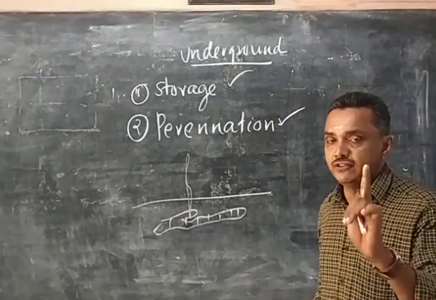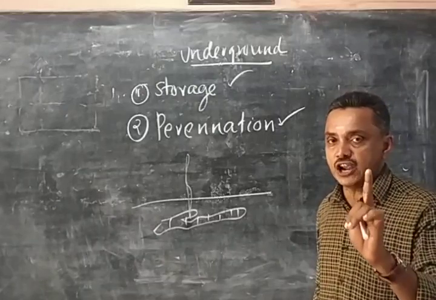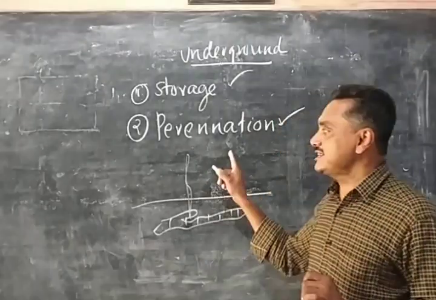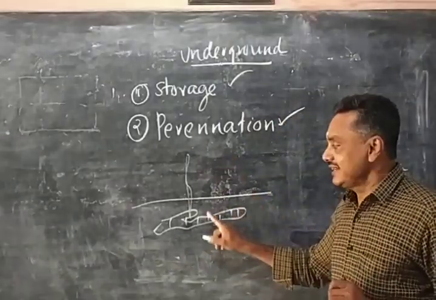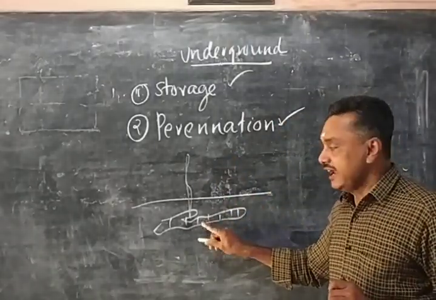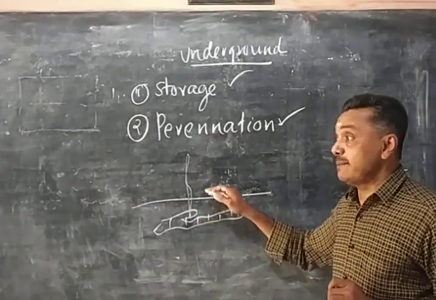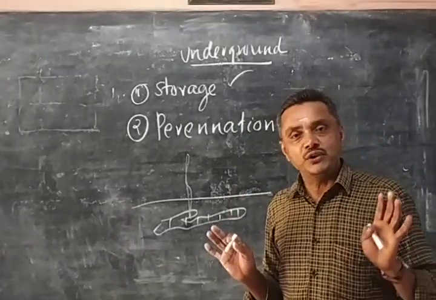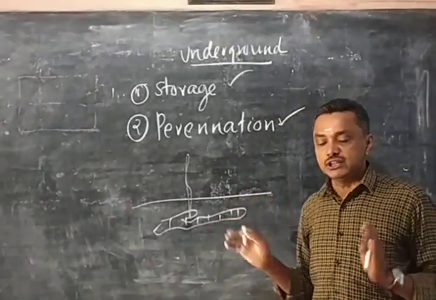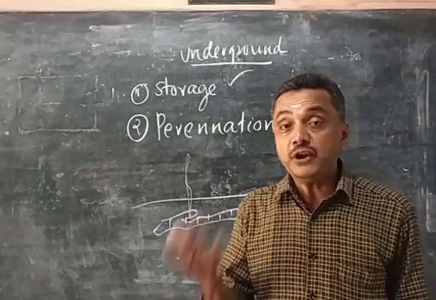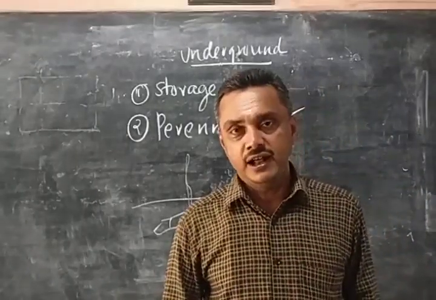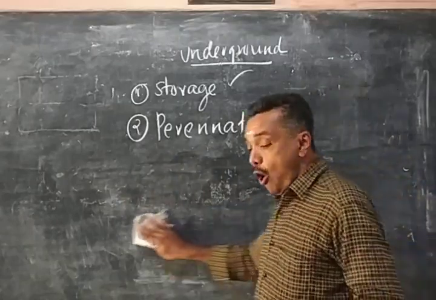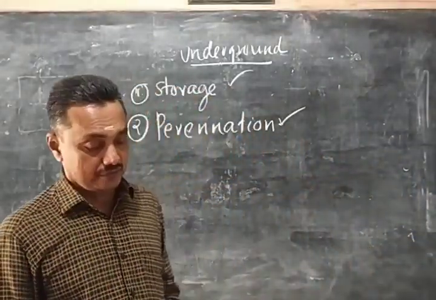That phenomenon by which plants remain below the soil level till the arrival of the next favorable season is called perennation, because the stem is present below the soil level. If the stem of the ginger is present above the soil level, what happens? The stem will also dry up. So in such a plant, the stem remains below the soil level to overcome the unfavorable dry condition. That phenomenon is called perennation. It is an adaptation to overcome unfavorable condition.